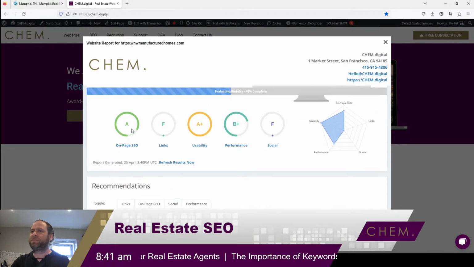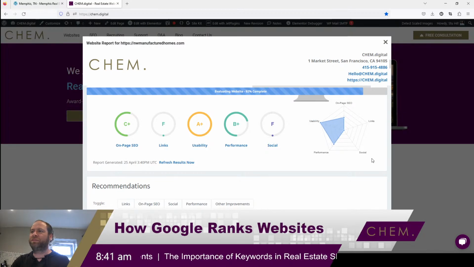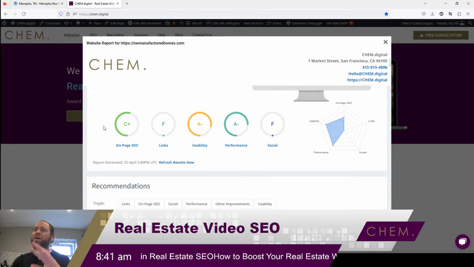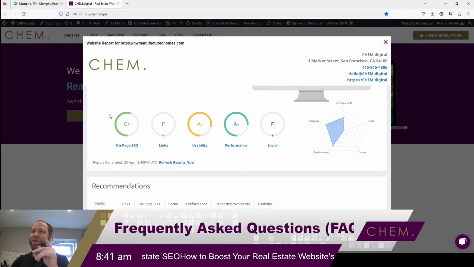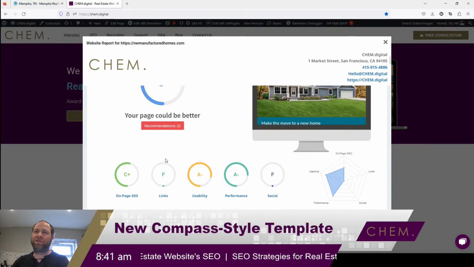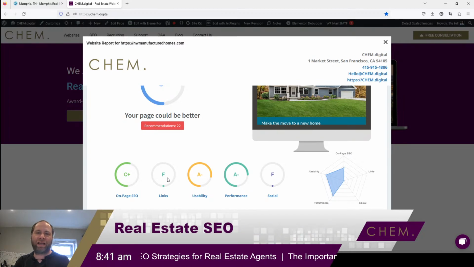As it scrolls through, on-page SEO. Okay, so this is fairly typical of most of the real estate websites that we get put through the analyzer. So on-page SEO average, there's probably some technical things that they could do there. Links, there's very, very few that excel in the way of links, and this is really one of the most